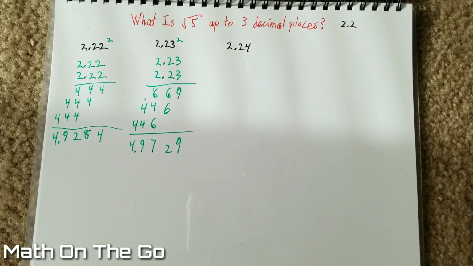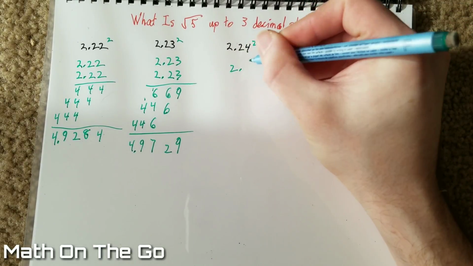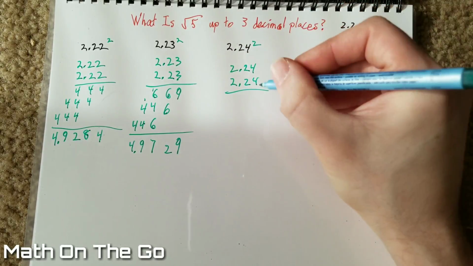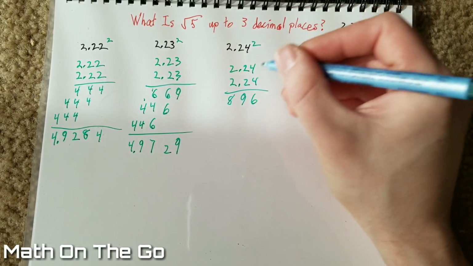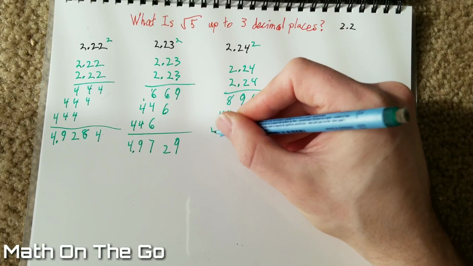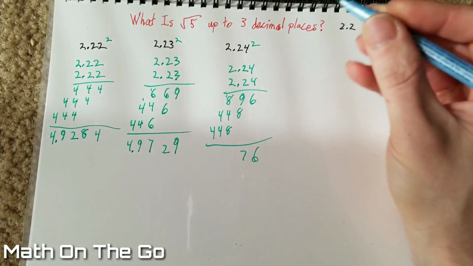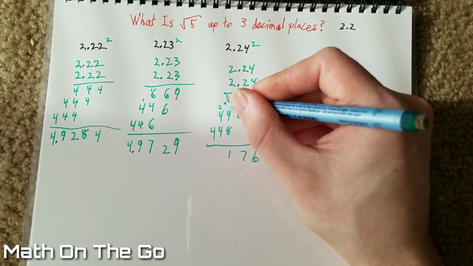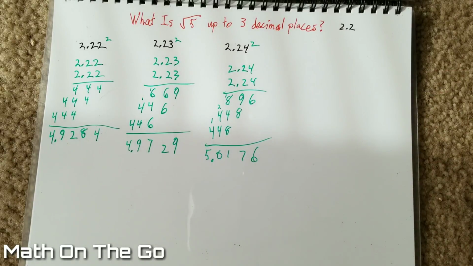2.24. So we'll take that and square that. So we have 2.24 times 2.24. We end up with 16, 9, 8, and then 8, 4, 4, 8, 4, 4. So we end up with 6, 7, carry the 1, that's 21, 8, 9, 10, and 5. Well, it looks like that